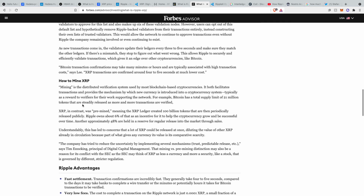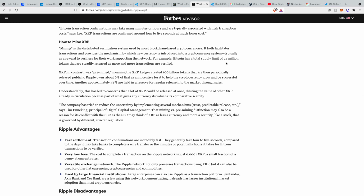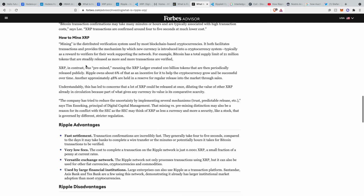How to mine XRP. This is important. Mining is a distributed verification system used by most blockchain-based cryptocurrencies. It both facilitates transactions and provides the mechanism by which new currency is introduced into a cryptocurrency system, typically as a reward to verifiers for their work supporting the network. For example, Bitcoin has a total supply limit of 21 million tokens that are steadily released as more and